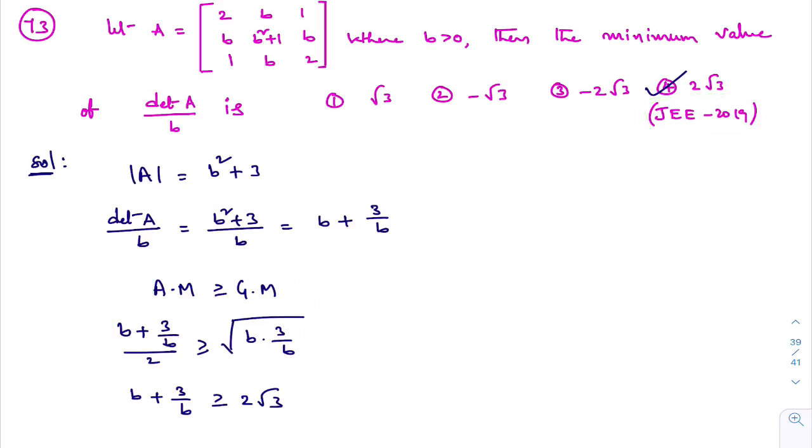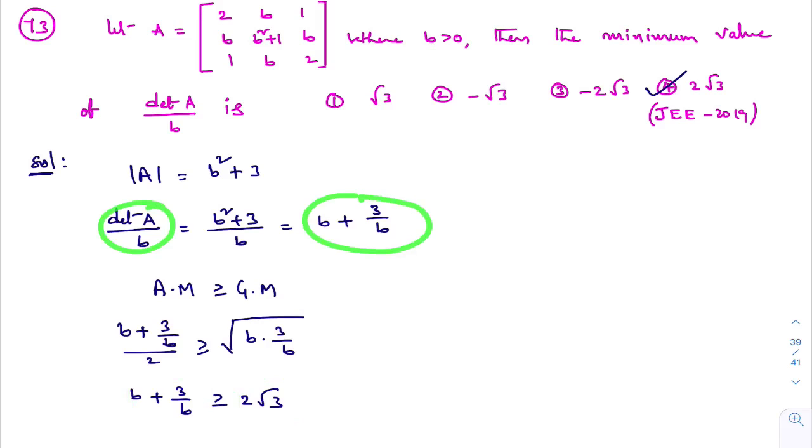You try to understand this question linked to the progressions, right? So here B plus 3 by B is greater than or equal to 2 times of this, B and B will get cancelled, 2 times of root 3. B plus 3 by B is greater than or equal to 2 times of root 3. Okay. So here it tells you that this B plus 3 by B minimum value is 2 root 3. Greater than or equal to 2 root 3 means its minimum value is 2 root 3.